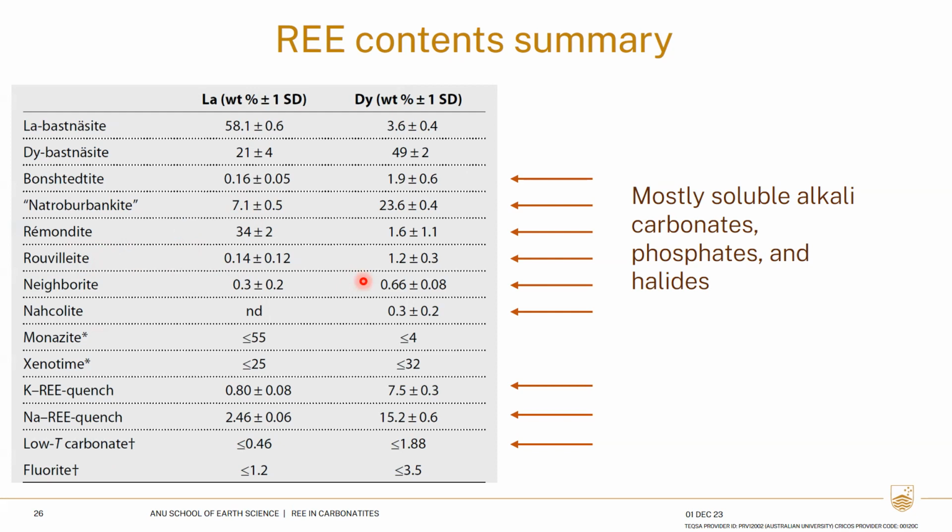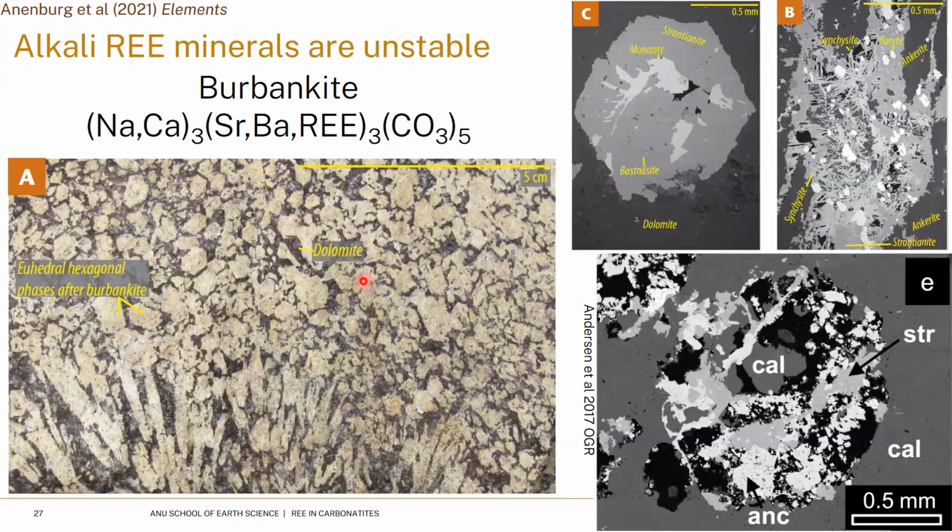But the other thing is that all of those minerals are sodium something, sodium carbonate, sodium phosphate, all kinds of combinations and mixtures where it's essentially a soluble mineral with some atoms of rare earth elements in them. So those things are soluble, right? They will not survive in nature for long. And we see that. So burbankite, again, a sodium carbonate with some atoms of other stuff in it, elements of barium,